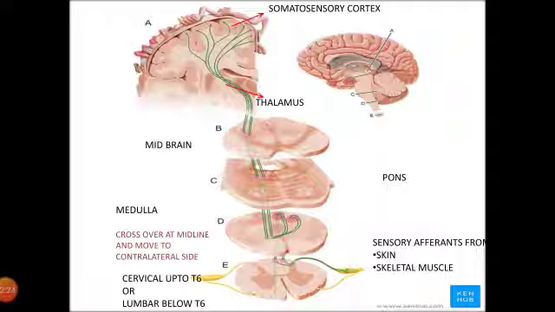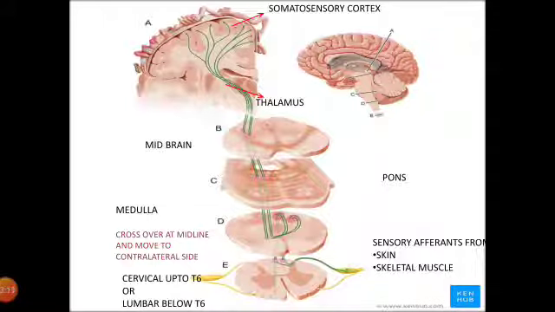They reach the dorsal root ganglion, where the first order neurons begin, and they reach the dorsal gray column, from where they reach the dorsal white column. Now depending upon the level of the spinal cord, whether it is cervical above T6 or lumbar below T6: if we are considering the cervical part of information, then these first order neurons pass through the fasciculus cuneatus, which is located more laterally. If it is lumbar, it will pass more medially through the fasciculus gracilis.